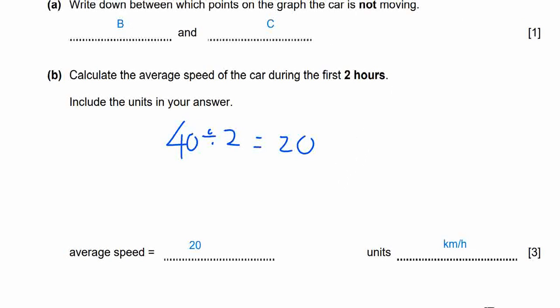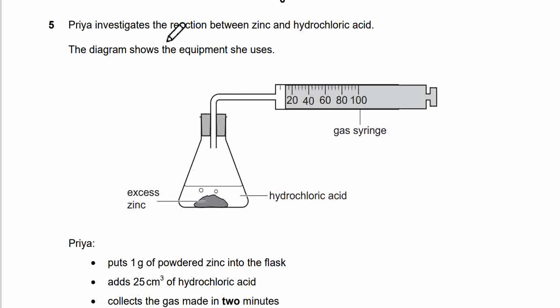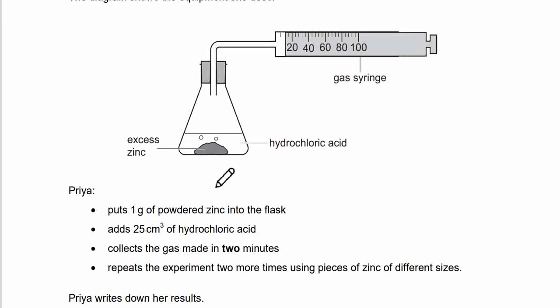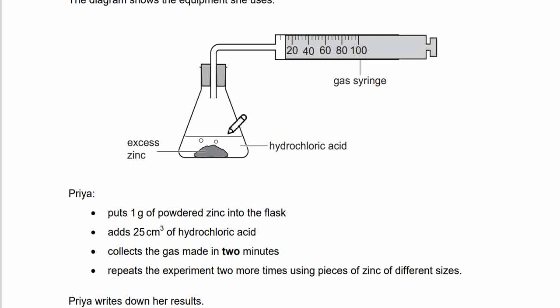Now let's move on. Question 5. Priya investigates the reaction between zinc and hydrochloric acid. This is in excess zinc. The diagram shows the equipment she uses. This is a gas syringe. And Priya puts 1 gram of powdered zinc into the flask, adds 25 cm cube of